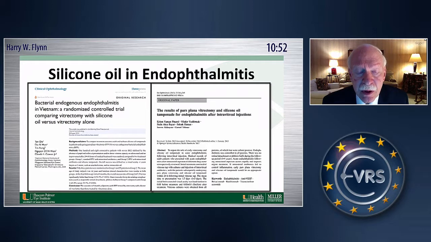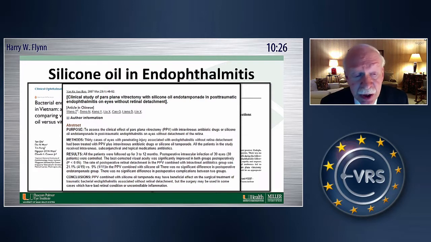Another study on the right, you can see vitrectomy and silicone oil for bad cases of endophthalmitis, often caused by streptococcus, after intravitreal injections. In this case, many of these eyes have preservation of the globe. Slide,